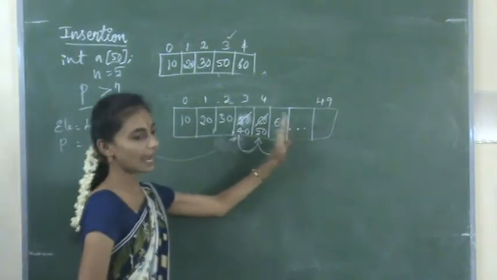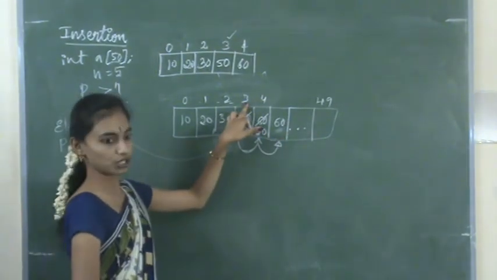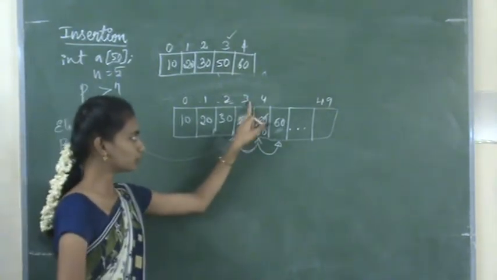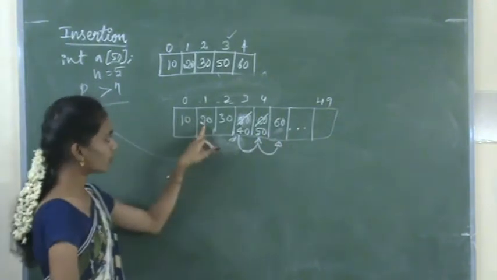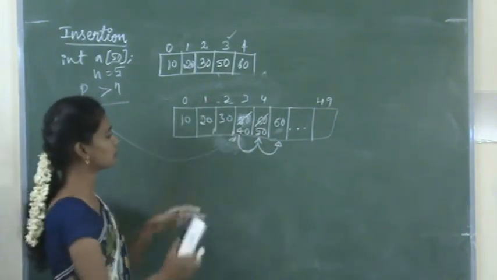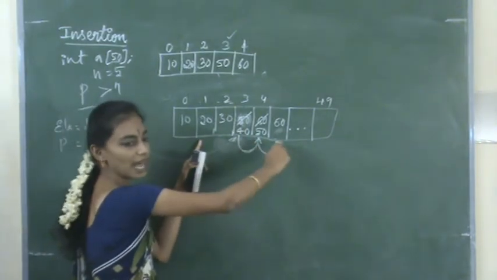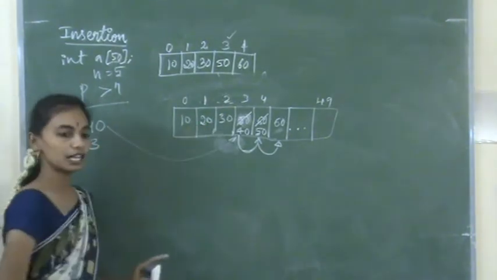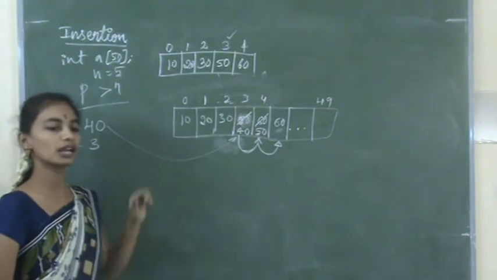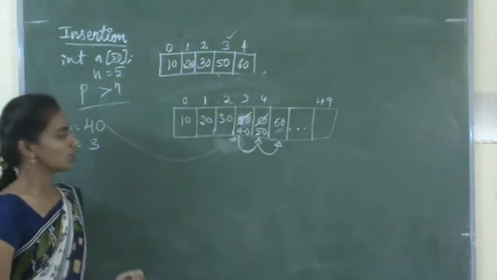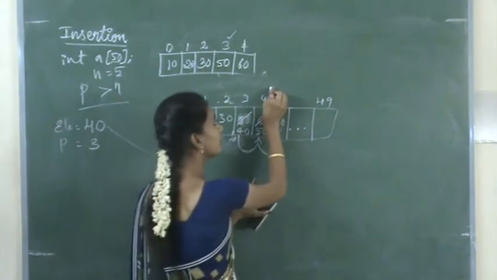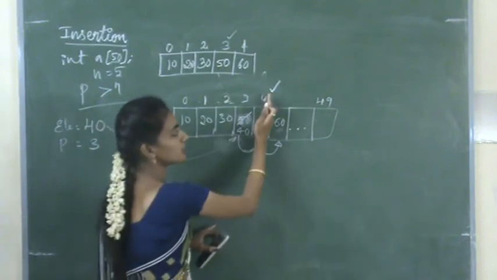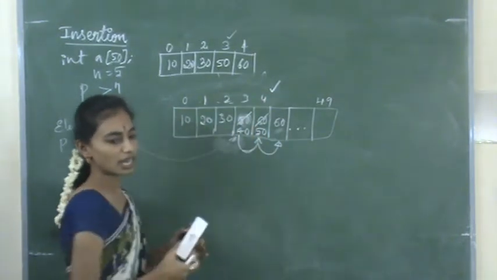So we will shift the elements until we get that position. Suppose I want to insert at the third position, then until that third position we will shift the elements. If I want to insert the element at the first position, we will shift those elements until we get the first position. Afterwards we will insert the new element. So likewise we will insert a new element into an array. For this, we first take the last index of the array, right? And then from the last index we come backwards through the array, right?